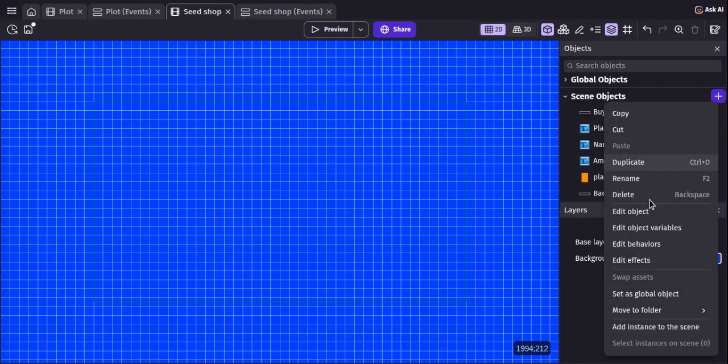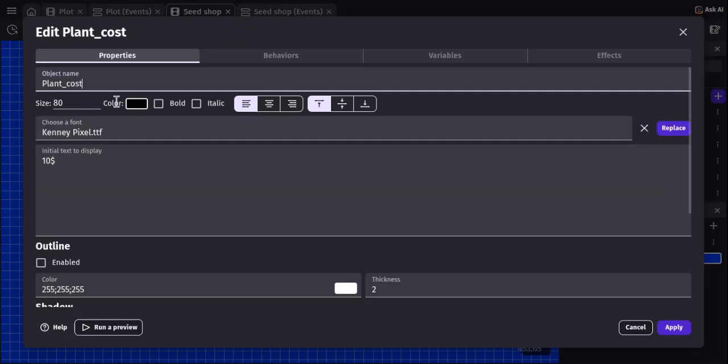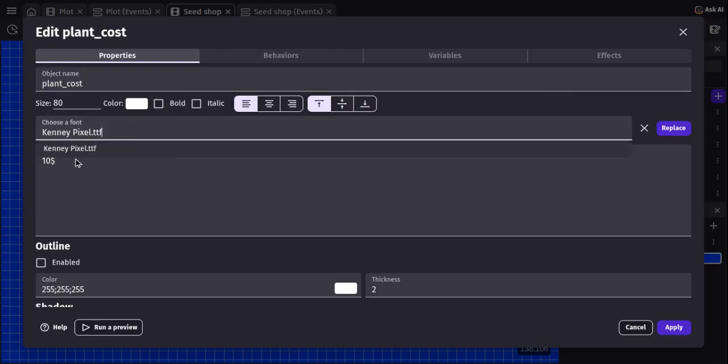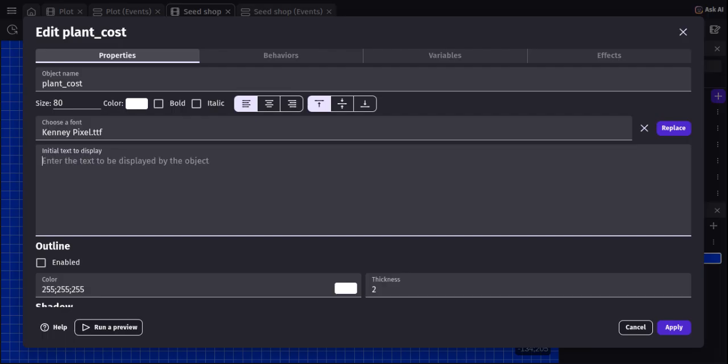Now next is the plant's cost. You don't actually name it plant cost. Name it like carrot cost. But for now we're going to do plant cost. You can customize the size and the color; I'm going to set it to white. You can customize the fonts, and now put in as many numbers as you want. Let's say